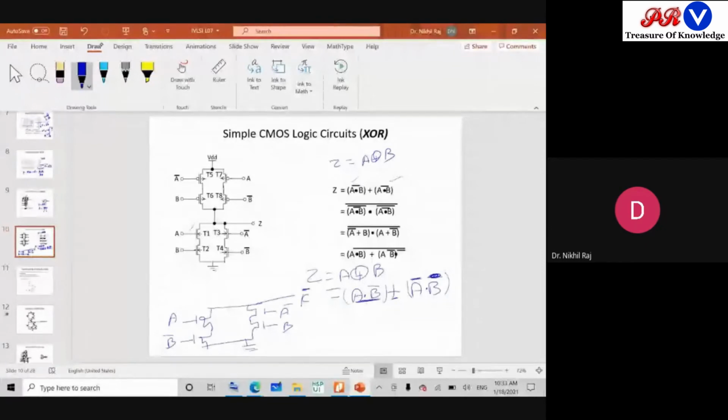So what happens now further, the duality will be the PMOS, and then these two are connected here. So A B bar and further A bar B. So again here it will come A bar, B, and that too here, and it will be VDD. So this is the XOR gate realization. Alternately also we can realize it if we expand in this fashion, then this will be the connection. Fine. So this is your CMOS XOR gate.